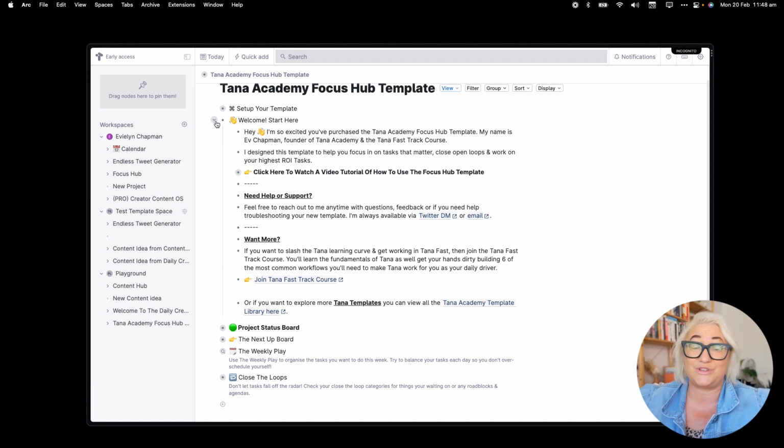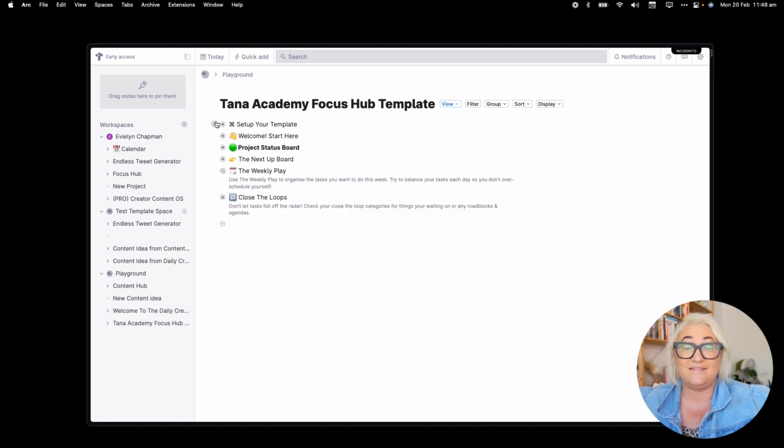Once I've got those 2 nodes, then I just have a whole lot of nodes that are actually part of the template. So these are just nodes that I've set up where people can get the live searches and where the template just works for them. So the key to a good template is if people don't have to do too much setup and too much configuration, and they can literally just put this in their sidebar and start doing their tasks and doing their projects,